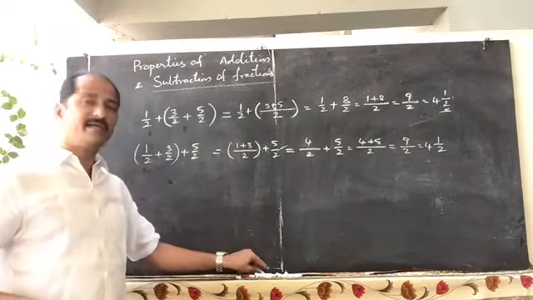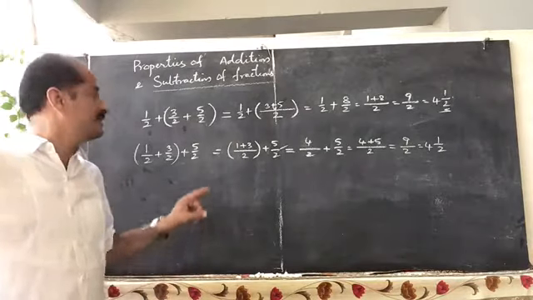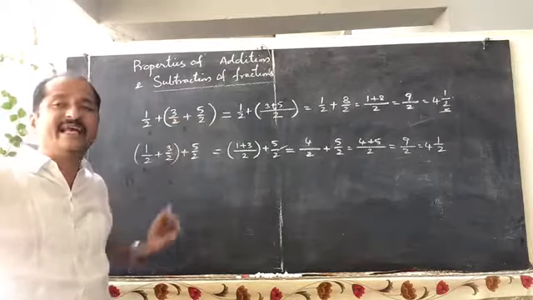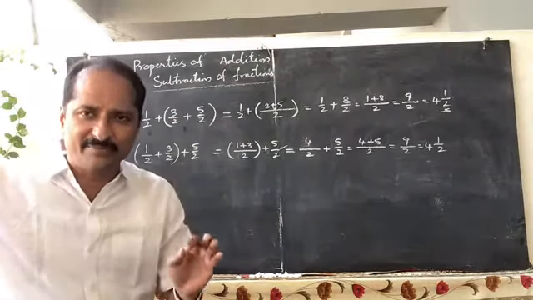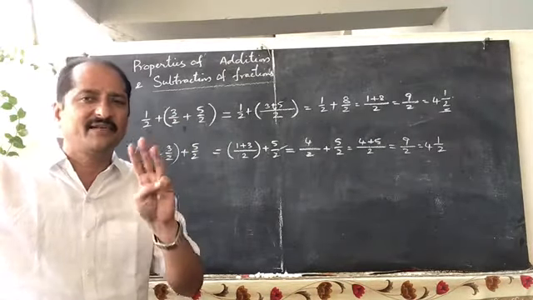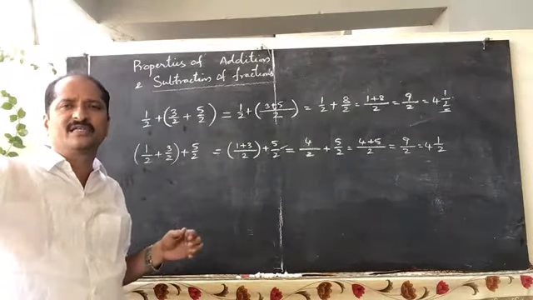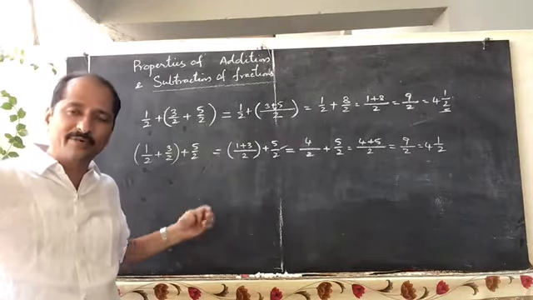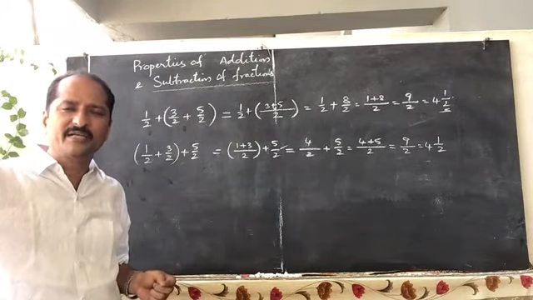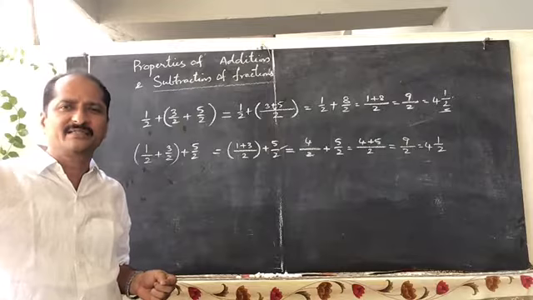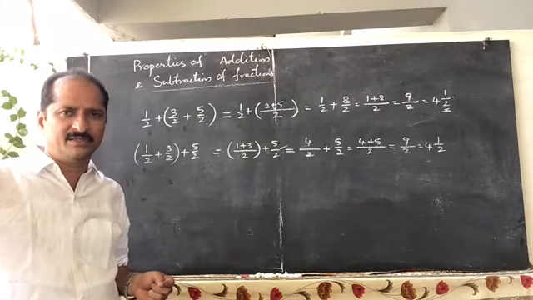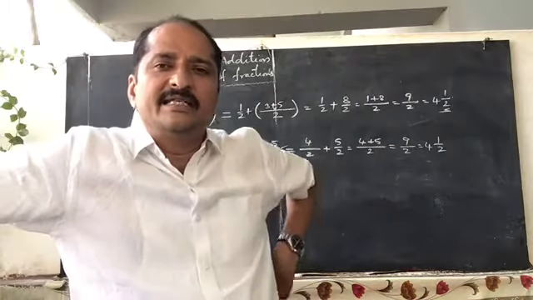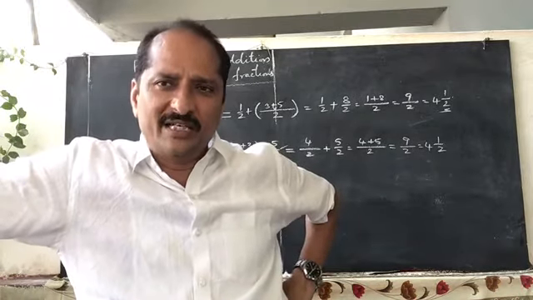So what can you say? The sum of these in any order, you can add these fractions in any order, you will get the same sum. But subtraction for 3 fractions cannot be done. So subtraction also will not hold good for this associative property. Commutative property and associative property, subtractions cannot be done. Okay, these properties you have to remember in the addition and subtraction of fractional numbers.